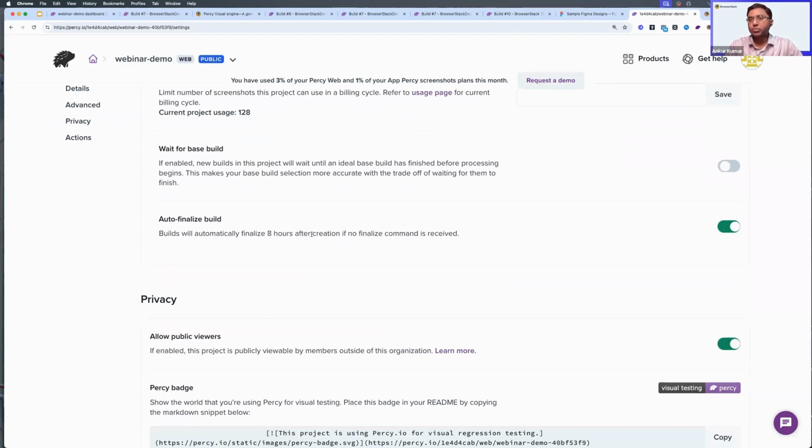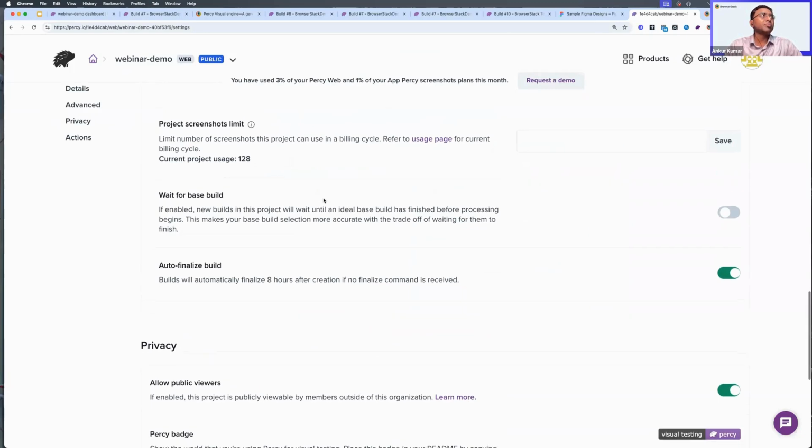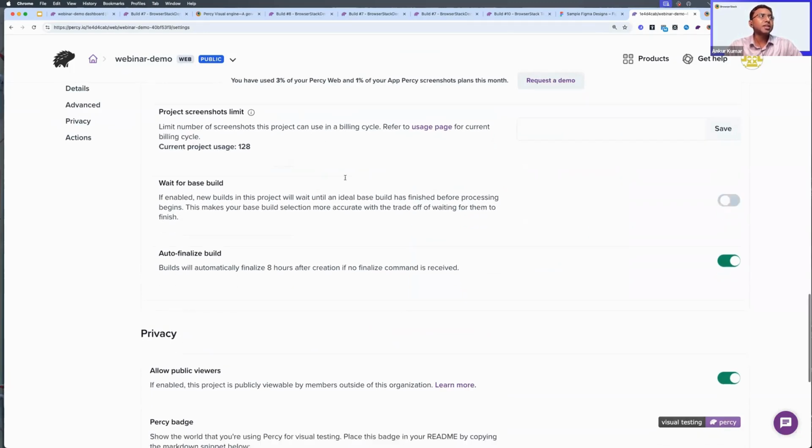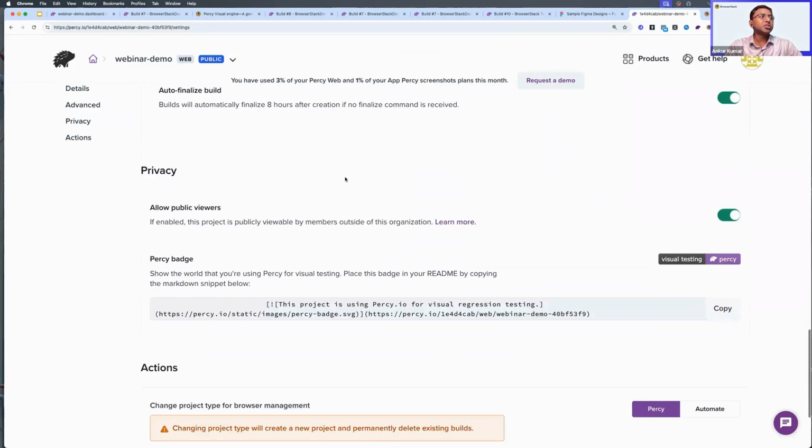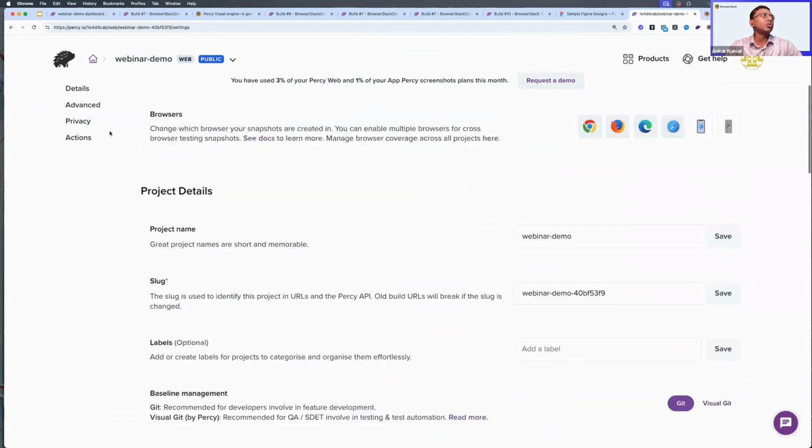You can also auto finalize builds. Sometimes when builds are taking more time, you can forcefully finalize the builds even if they have not been finalized. There are also project screenshot limits that you can set. There are customizations that you can do in your